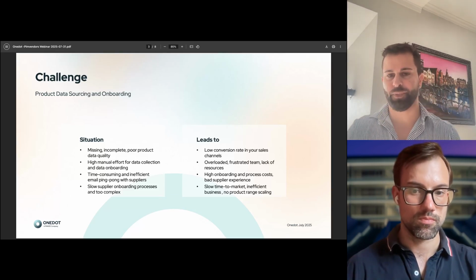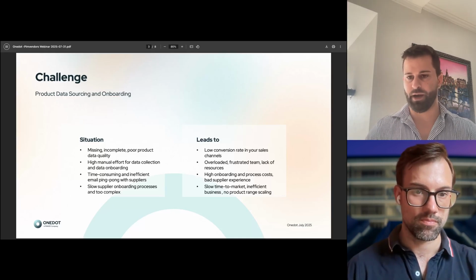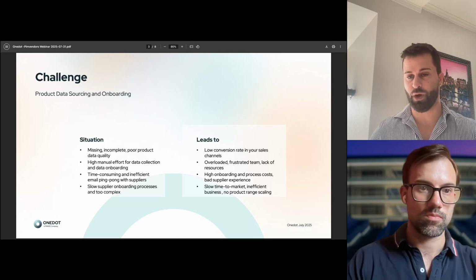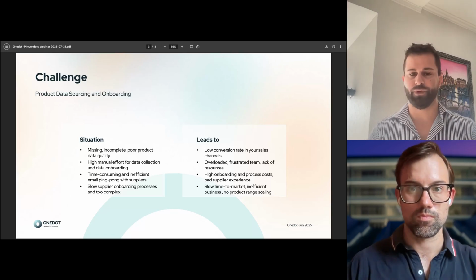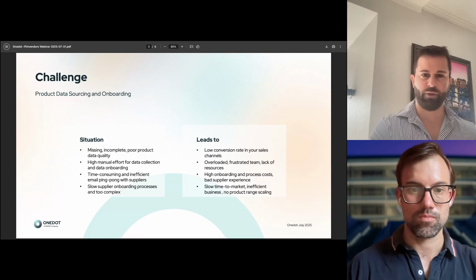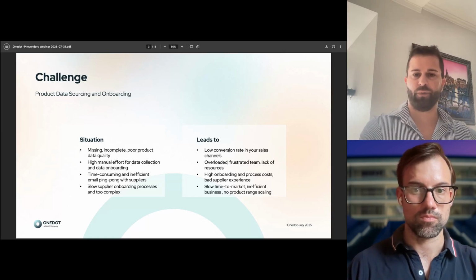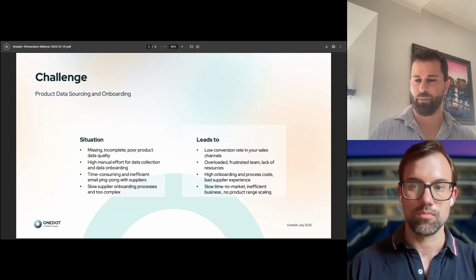If we look at the situation, you have a retailer that has a PIM or an ERP and a web shop with a few thousand or a few 100,000 SKUs, and on the other hand, a team of 5 or 10 people who then need to manually onboard different kinds of unstructured data from a few hundred suppliers, right? What does this cost? So why do they need a platform like One.dot?